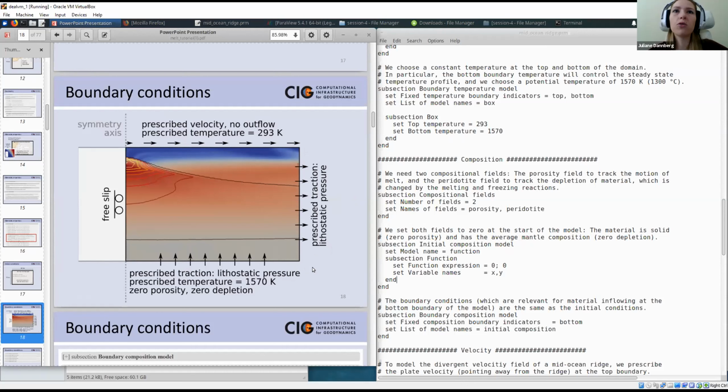So basically what we do is we prescribe the stress at those boundaries instead of prescribing the velocity, and then the material can flow in and can flow out. And because we know how the flow field will look like, basically material will flow in at the bottom and flow out at the right side of the model,